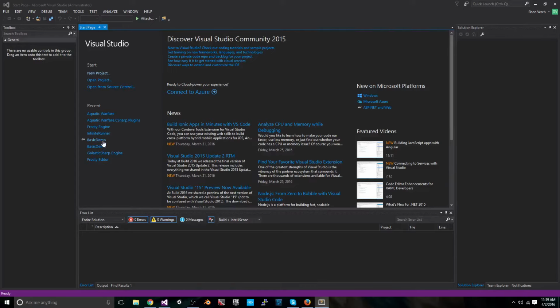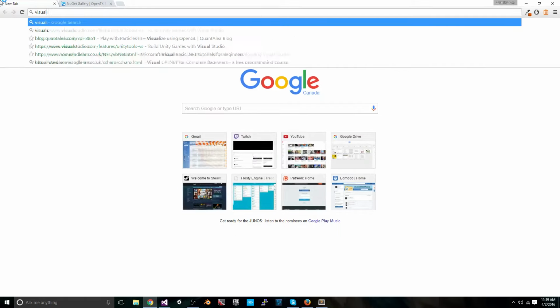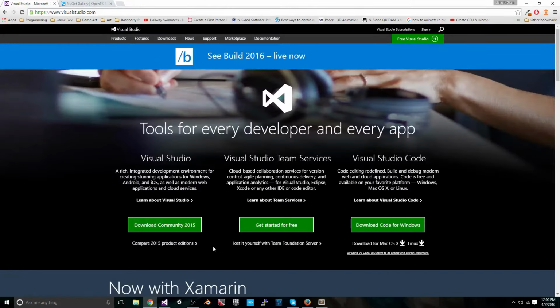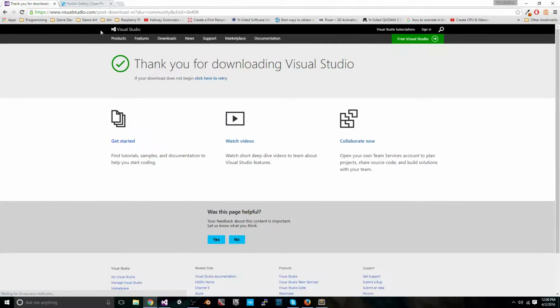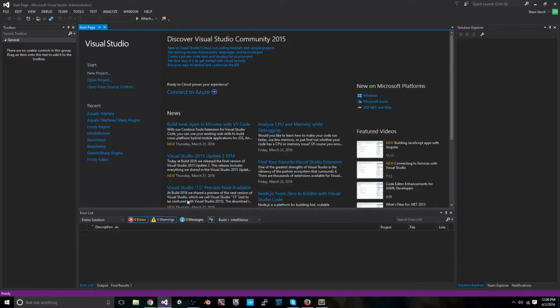So let's get started. Before we can begin coding, we will need to set up our project in OpenTK. So let's create a new project. I'm using Visual Studio Community 2015. It is free. You just go to visualstudio.com, and here it is. You can go download Community 2015. It's that simple. Okay, so we can press New Project,